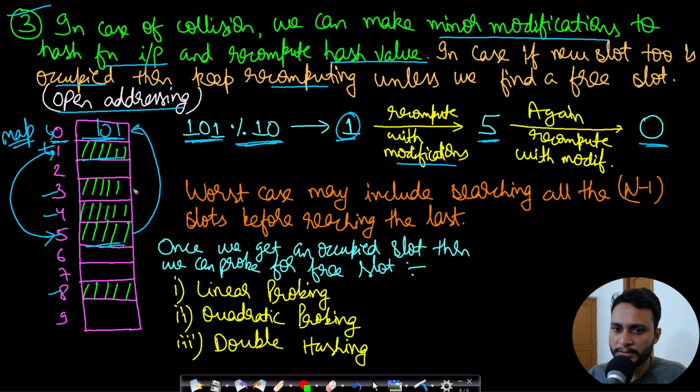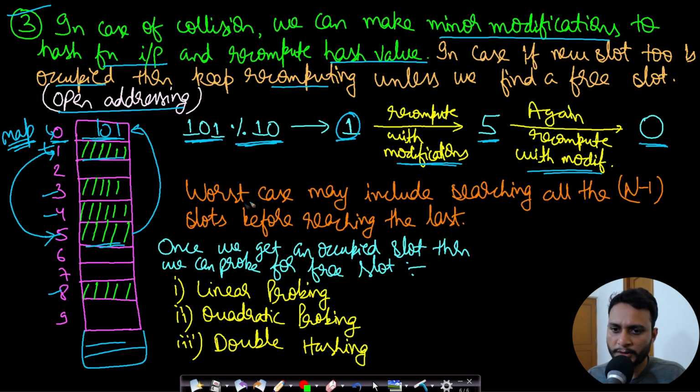Now in this case you should already be knowing what is the maximum number of elements which can go into your map. Otherwise, if the maximum number of elements exceeds the size of the map, then you might be required to extend the size of your table, right? Because if you don't extend it, then it will fall into an infinite loop. It will keep recomputing. Okay, so this should be considered in this case. I will also be explaining open addressing in detail in my future videos.